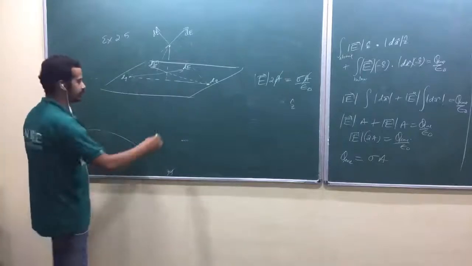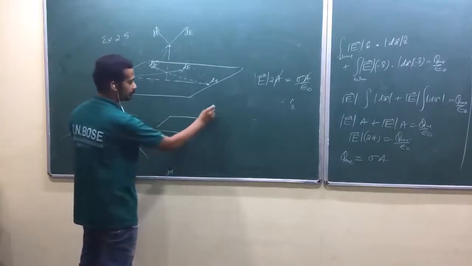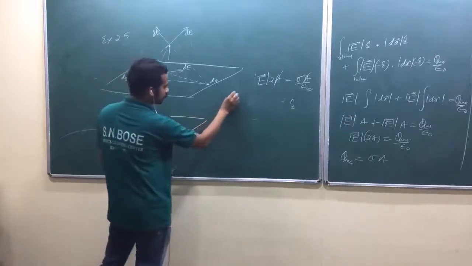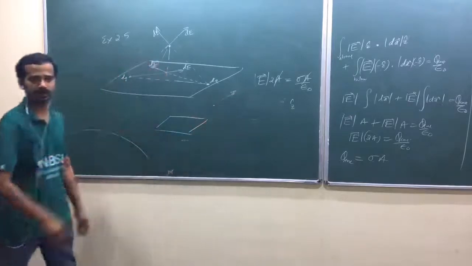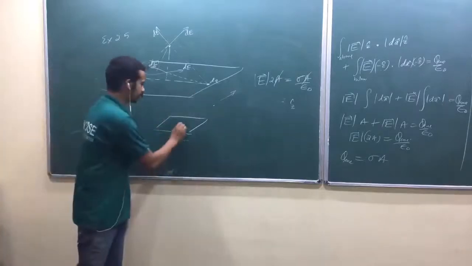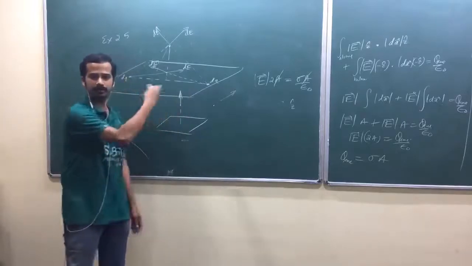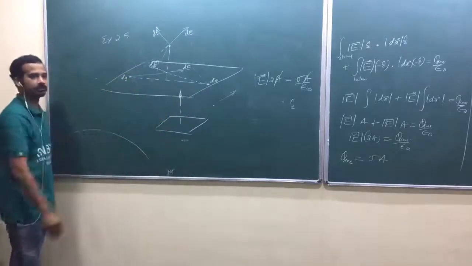Is it okay? Suppose I take a finite plane like this, okay. So now look at here. At some point here, you may get the electric field somewhere in this direction. You will not get the electric field away from the plane always. Somewhere exactly above, you may get the electric field away from the plane, isn't it? In the other region, you will get the electric field in an inclined manner.